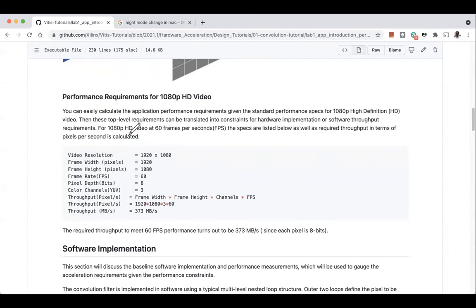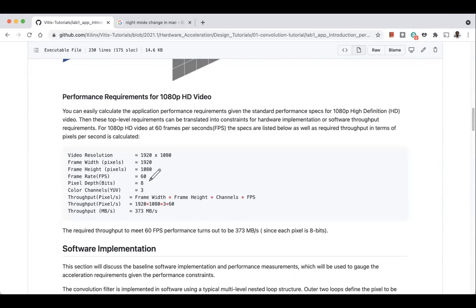For a 1080p HD video, the width of the frame of each image is 1920 pixels and the height is 1080, and we get 60 frames per second. For the pixel, we use 8 bits, and there are 3 channels, RGB channels or YUV channels, depending on how the image is stored.